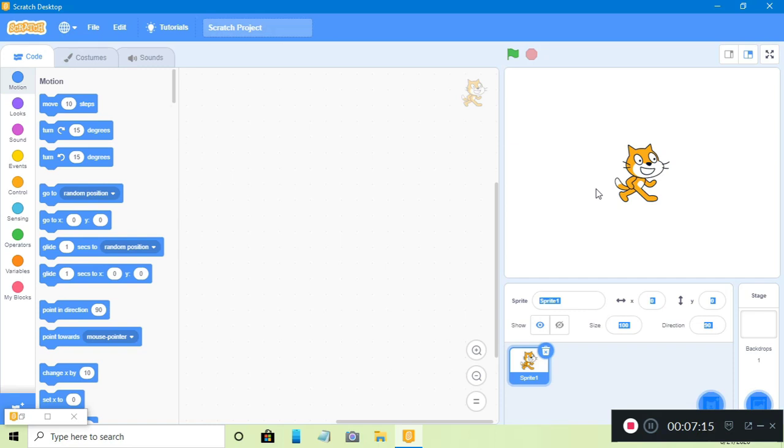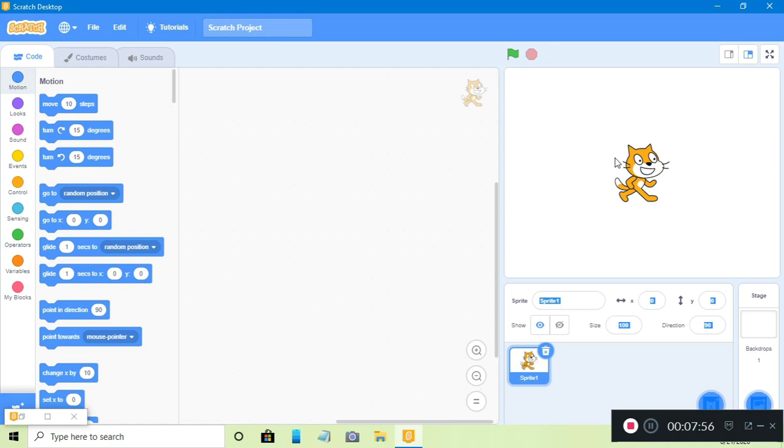The default cartoon sprite here is a lovely cat. You can see here, this is the cat. Nobody has selected the cat. This is the default. Whenever we create a new document, it will appear in our document by default. This is also the logo of Scratch. As you can see, when you see the original logo of Scratch, there is one cat. So it resembles that.